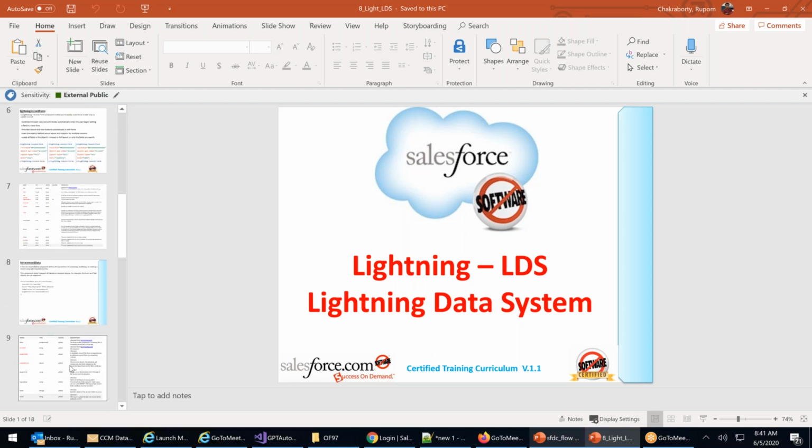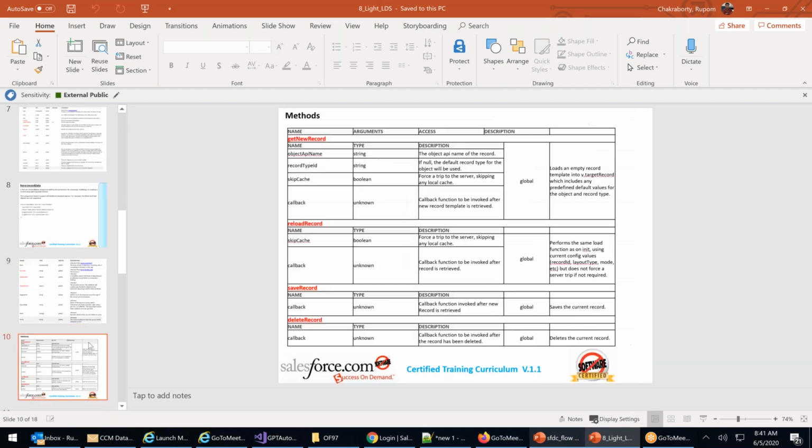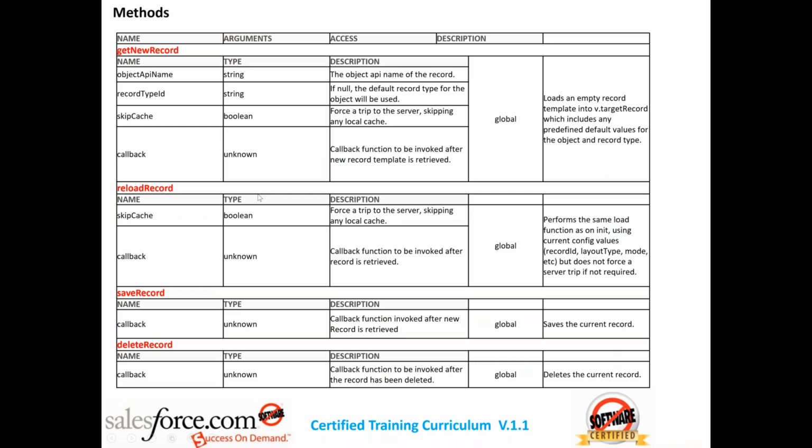What are those 4 methods? The 4 methods are get new record. When do you use get new record? You use get new record whenever you want to initialize, create a new record, which we have seen yesterday. I want to create a new contact. I will use get new record.